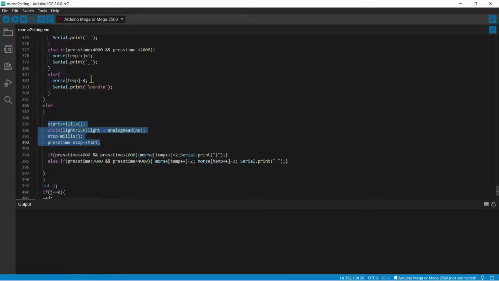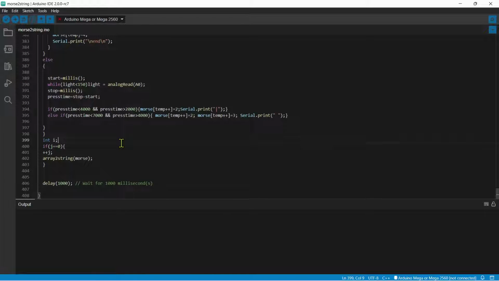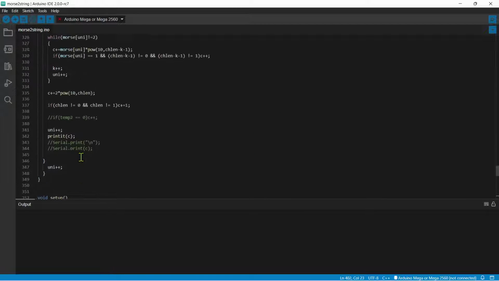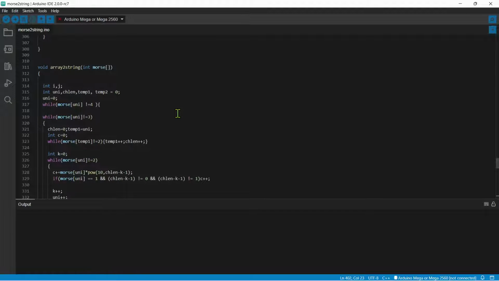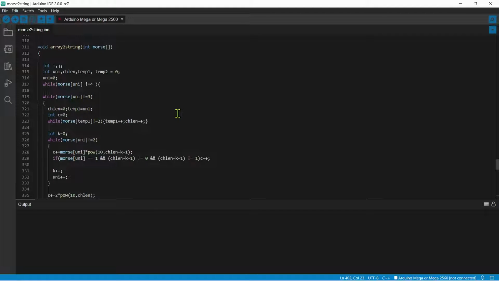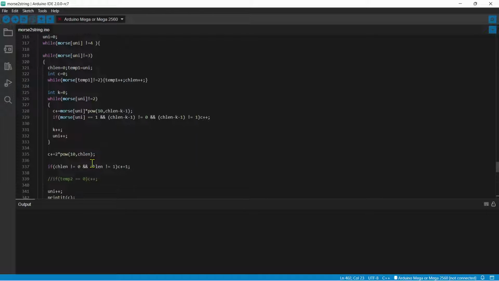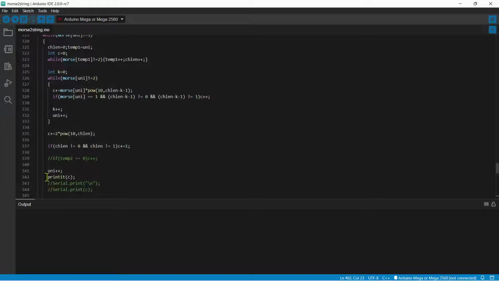So by this function we would convert the LED data to an array, and later we will convert that array to a string from this function, array to Morse, and this function is written up here, array to Morse. In this function we will simply convert that Morse data to a string. For that, first we will convert the zeros and ones into integers. After converting that, we will call a function which would convert it into a string,